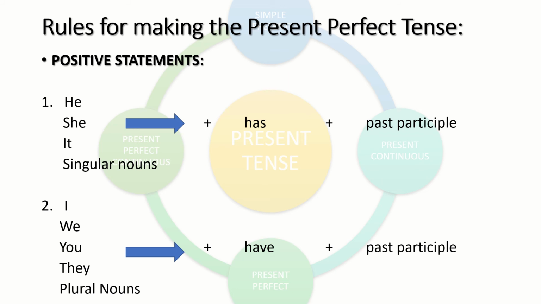Now children, you need to remember that there are certain rules from which you can form your present perfect tense. They are in the positive statements, the questions, and in the negative statements. Right? So here is your first one, the positive statement. When you have singular nouns like the name of a person, or he, she, or it, to that we add a helping verb, has. And to that we add a verb in the past participle, generally with an ed at the end. Alright? For example,